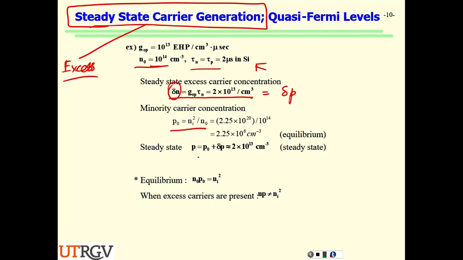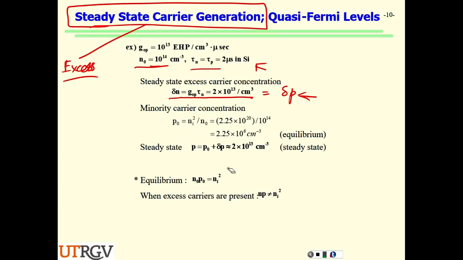So in this case, finding the total is just the concentration which is there because of the doping plus the concentration which is now generated because of the optical generation. So with these two, we can find out the total steady state carrier concentration for a material. If you look at it, this is not what you would have at equilibrium just because of doping. This is now much higher than that. So that tells you why we want to create quasi-Fermi levels. Think about it. This is now 7 orders more than the background